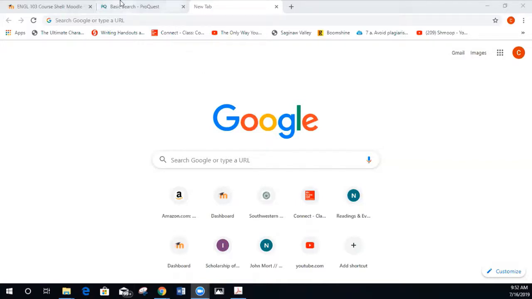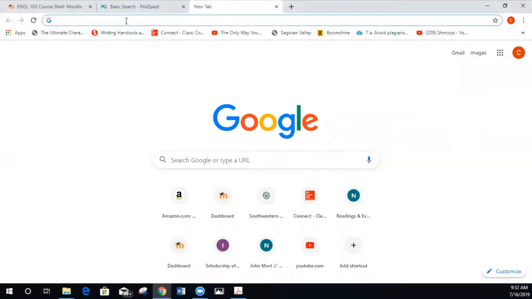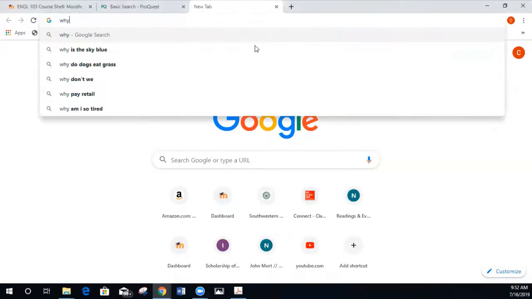So when you're on something like Google, which is a great place to start research, but not the best place for information always, especially scholarly and academic information, it doesn't mean we exclude it, right? It means that we use it as a tool to help us get where we ultimately are going. So for instance, we ultimately search in Google with things like questions. We can just start typing and it'll provide us with suggestions. When I type in the word why, it knows I'm going to be typing in some type of question and it will respond with articles accordingly.